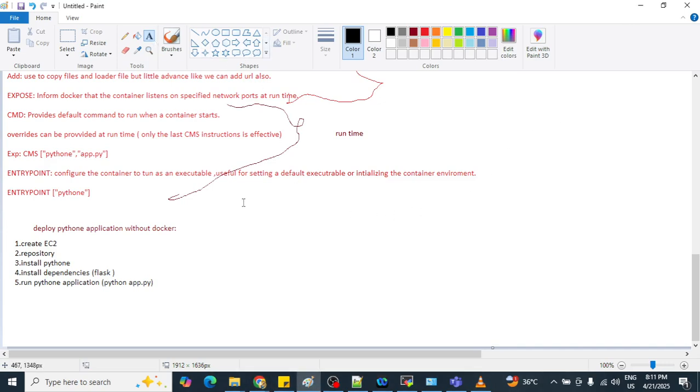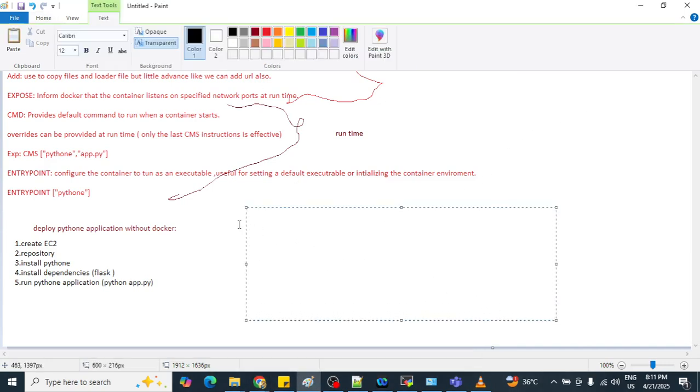So for that, first of all, if you are going to execute the Python application, application deployment through Docker. So what are the things required?